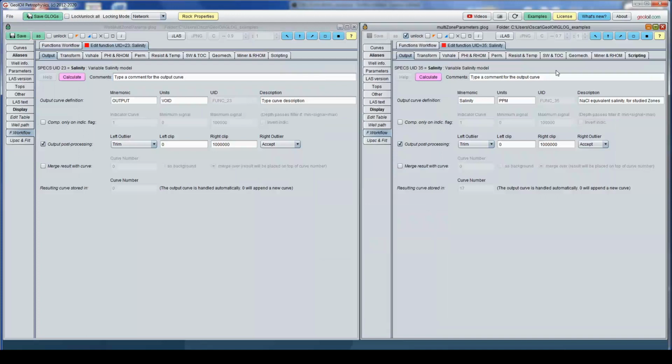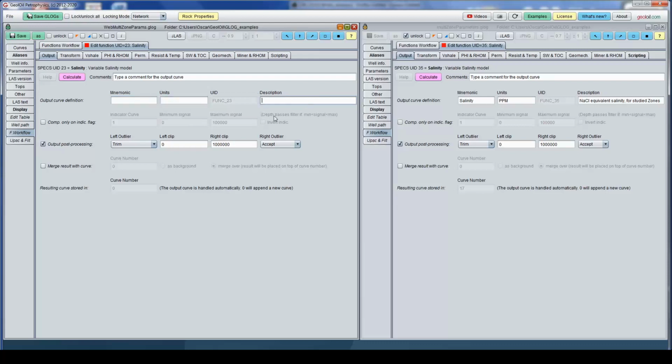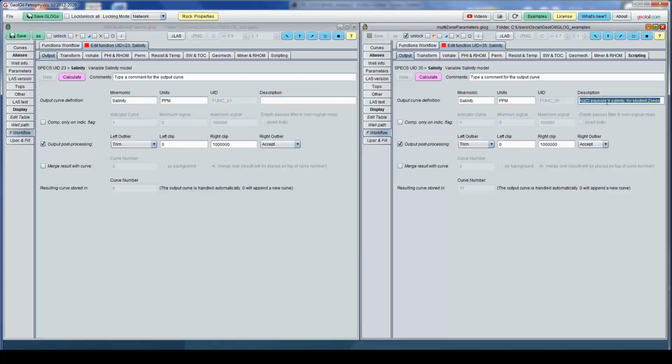So let's fill in this information. The output data tab. The mnemonic, let's call that salinity. Units: parts per million of equivalent sodium chloride. The description.